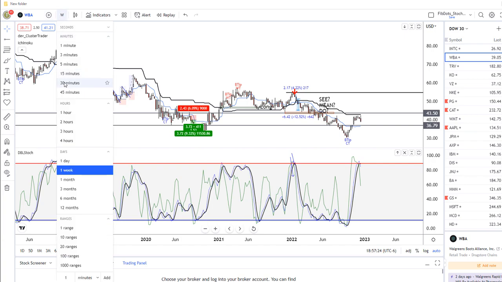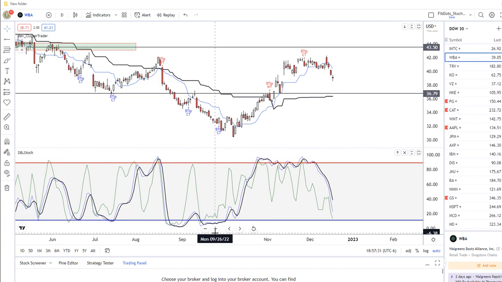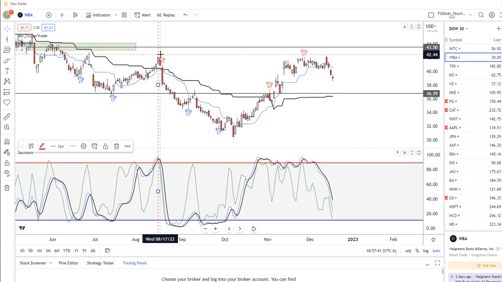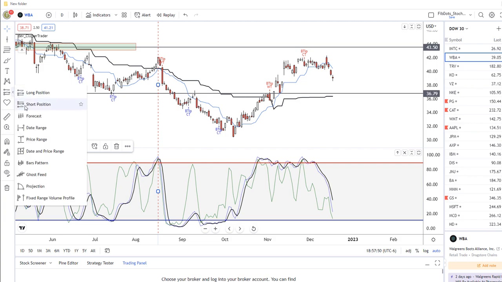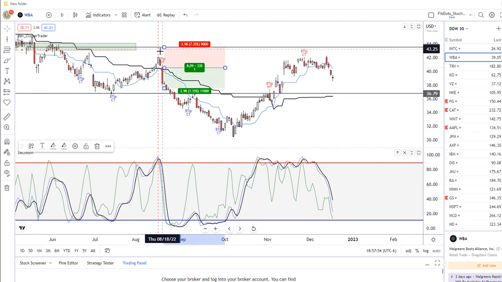Okay, so let's go back to the daily. This is the one I was training with you on, Ollie. Okay, so let's look at turning points. Did we get our oscillator signal here, guys? Okay, come over here, drop that vertical in. Okay, did we get a lower close after that right there? Okay, come over here, grab your short position, sell the open of the next bar, the stop goes above the swing high,